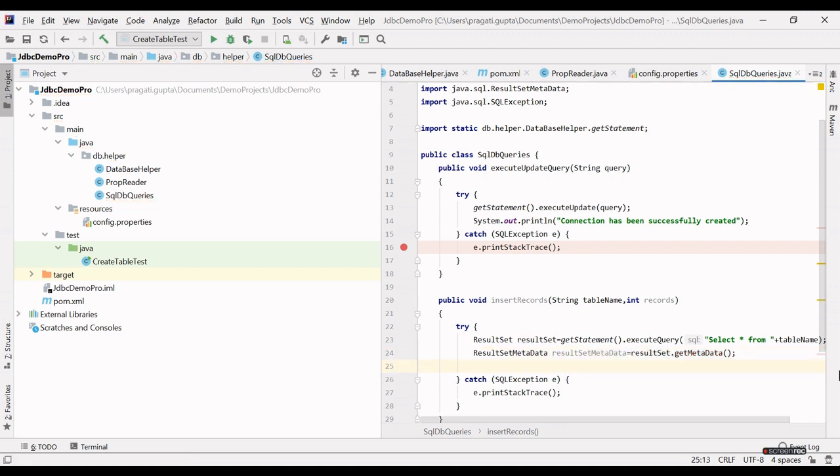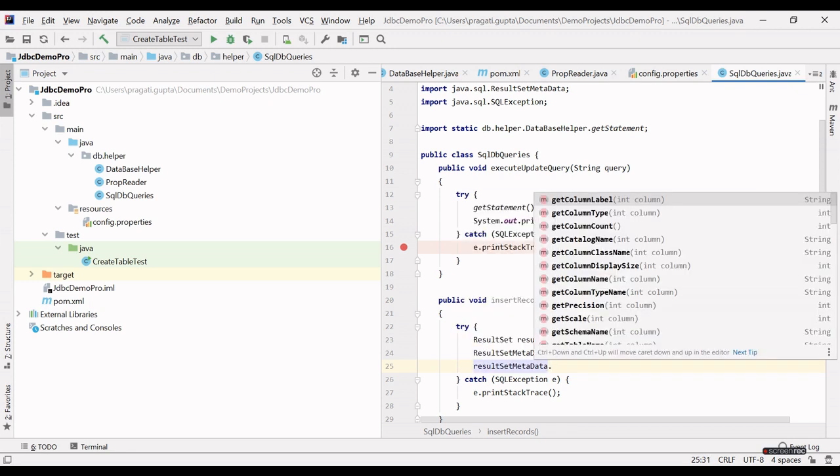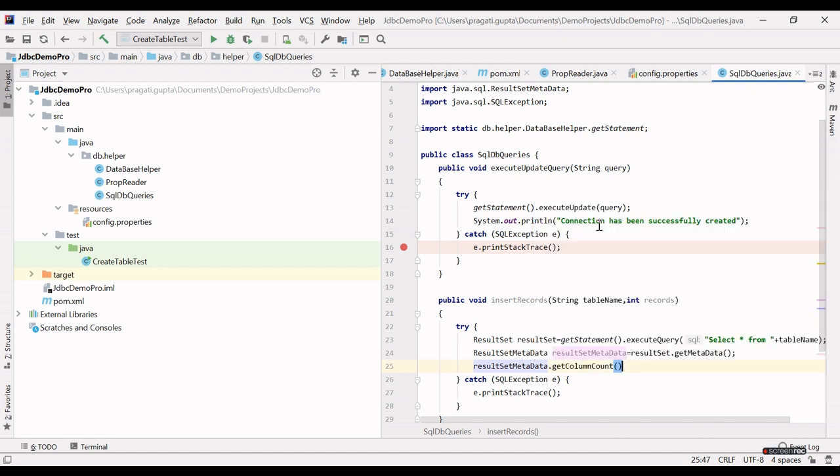So guys, from result set metadata, what I will do, I will get the number of columns, how many columns exist in this table name given by the user. Get column count. Okay.